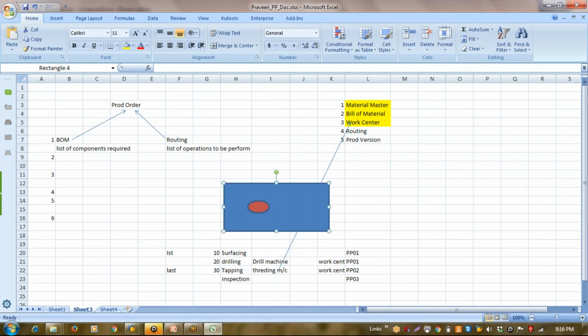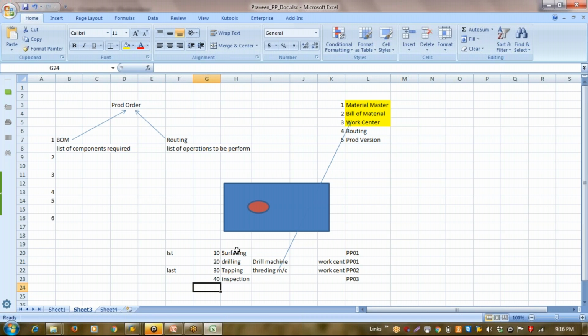So in our case, this block will be the raw material for me. Now, a raw material must be consumed during your production process. And if you have these operations, four operations, now you can make your own choice